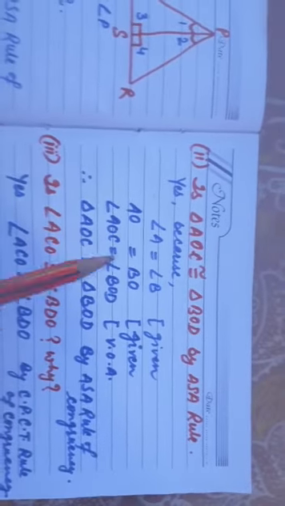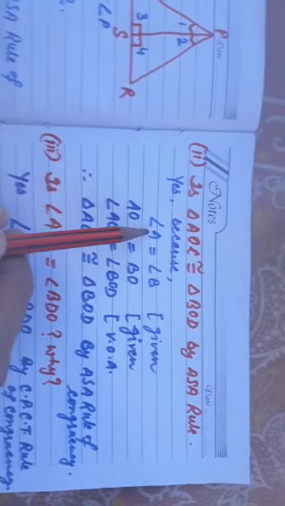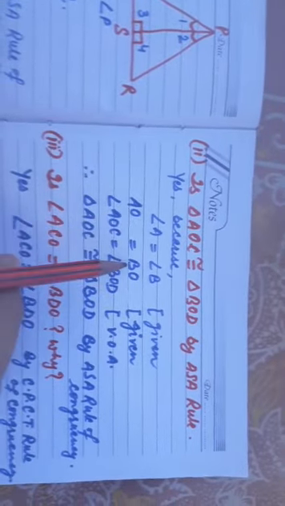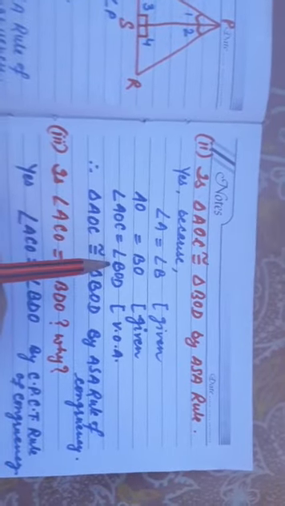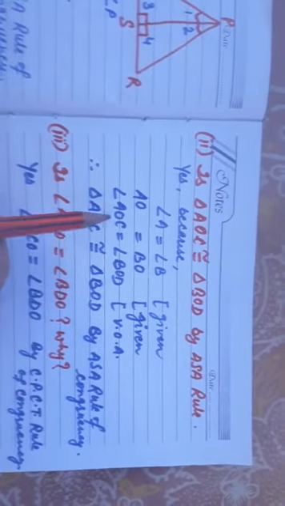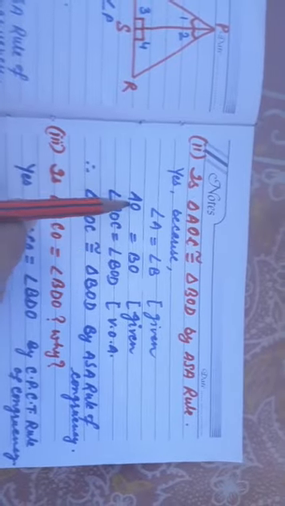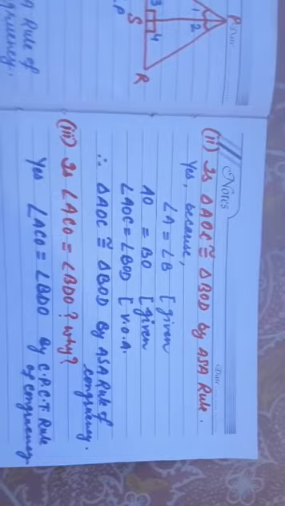The second part: are these two triangles congruent by the angle side angle rule? So yes, these two angles are given and equal, and these two line segments are also equal. And the third pair we make by vertically opposite angles, which are always equal, so these two angles are also equal. So by the angle side angle rule, these two triangles are congruent.